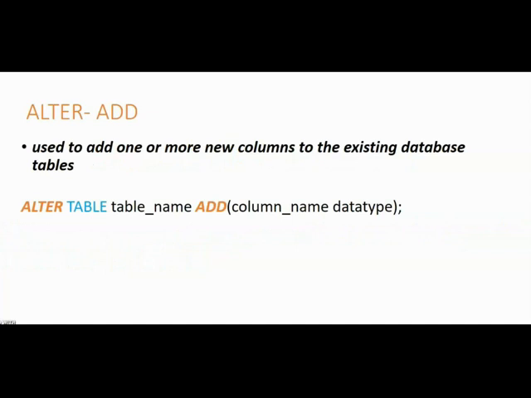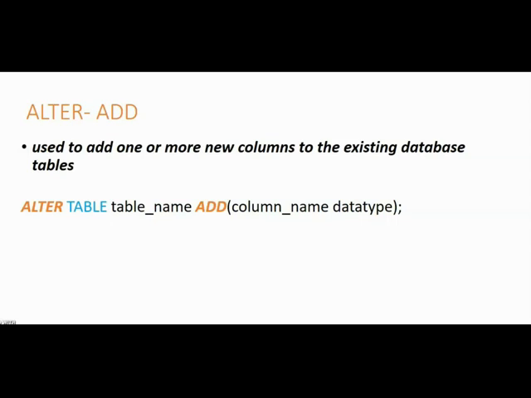For example, how can we add a new column or new columns to the existing database table? That is possible by the combination of alter with add. Directly we cannot use add, and directly we cannot use alter. You should use the combination of alter add. So it indicates that we are altering the table. The compiler knows that we are performing some structural changes and we are adding some columns. So this add command in combination with alter is used to add one or more columns to the existing table. So you can add any number of columns, you can add a single column as well, both are valid.